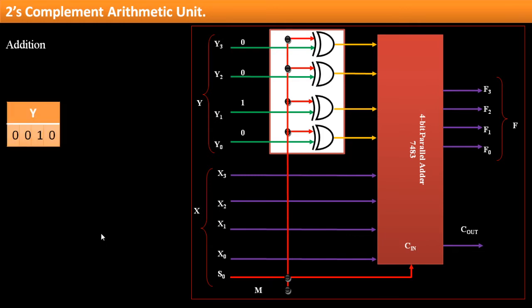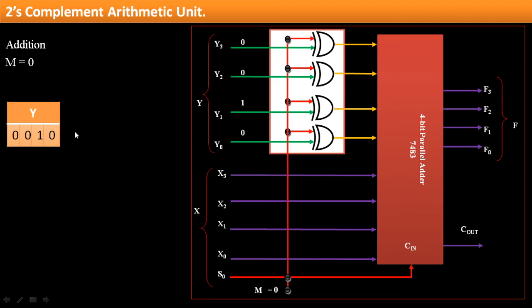When we go for addition, M is usually 0. And now let's suppose the input at y input is 0010. That is 0010. In decimal it's 2. Now if M is 0, definitely whatever be the input here will go as it is at the output of the exclusive OR. This is a controlled inverter. As you can see, if this is 0 and also this is 0, then you will get a 0 here. Until and unless there is a difference at the input, you will not get a complement at the output.